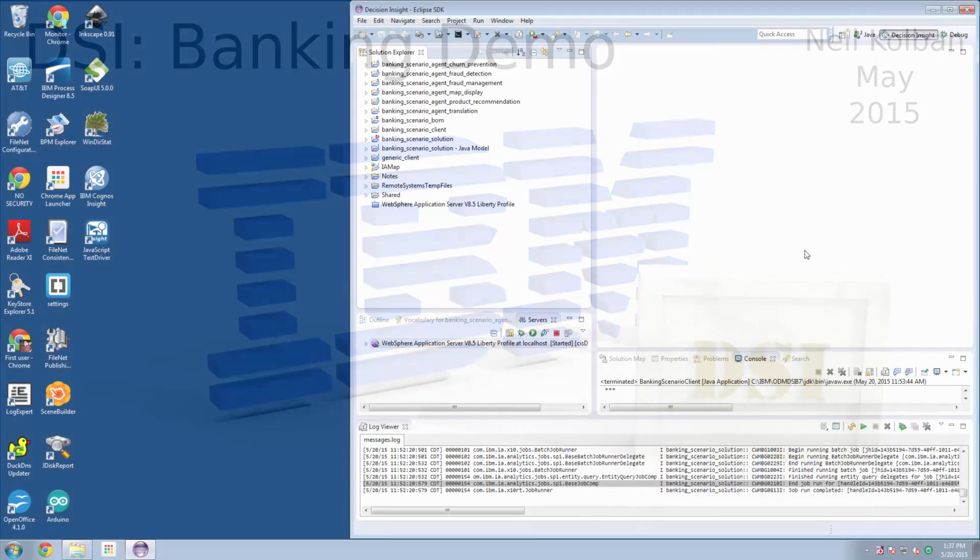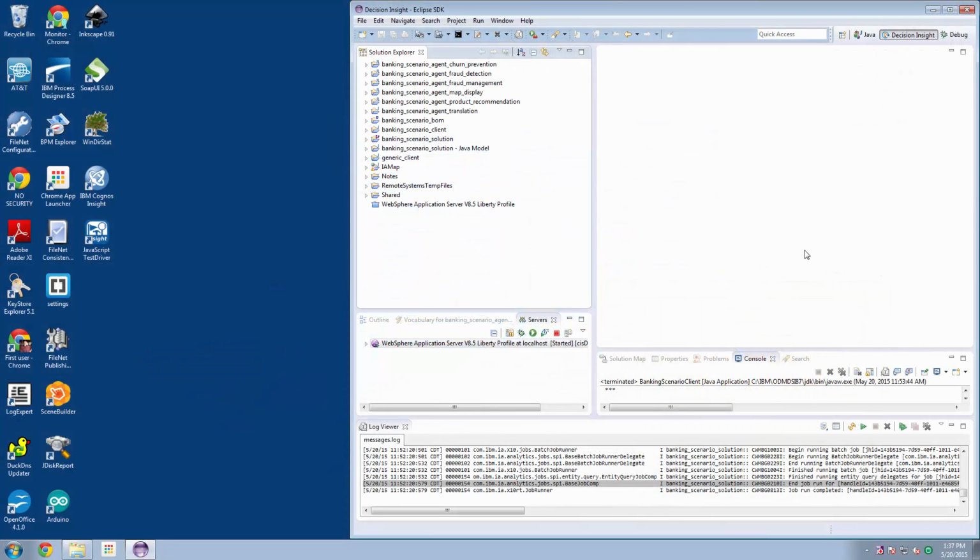Howdy folks, and welcome to another technical tutorial on the Decision Server Insights product. In this tutorial, the goal is to walk through a demonstration of the product that IBM is using to illustrate some of the capabilities. So this is a demo which is delivered as part of IBM's Proof of Technology or